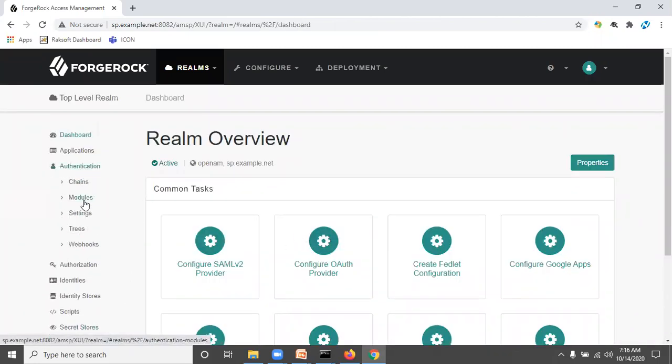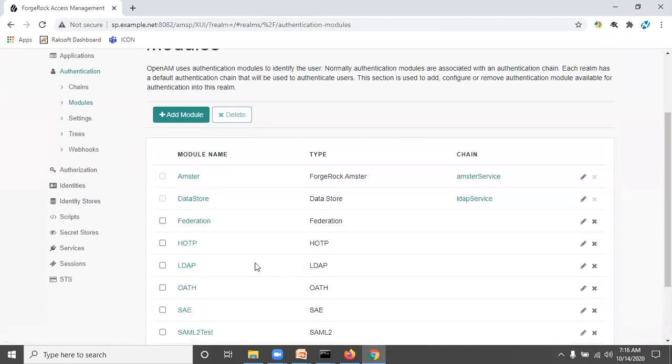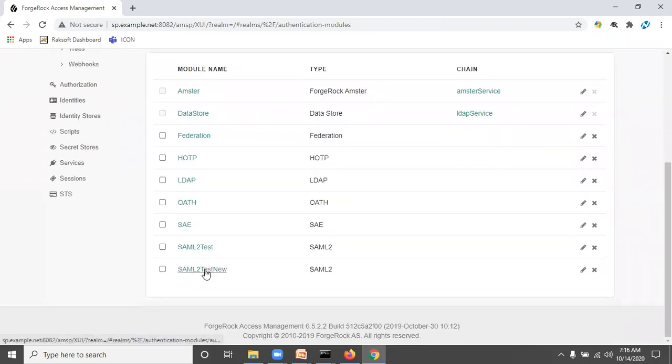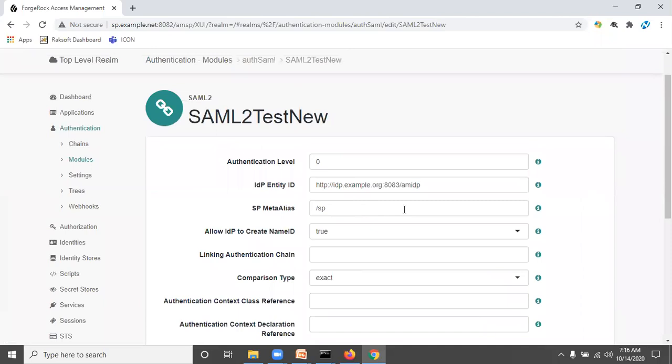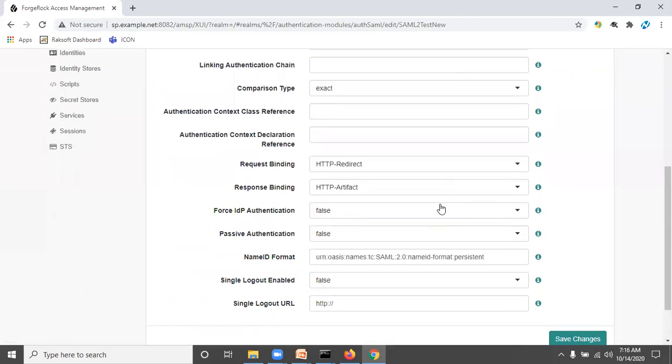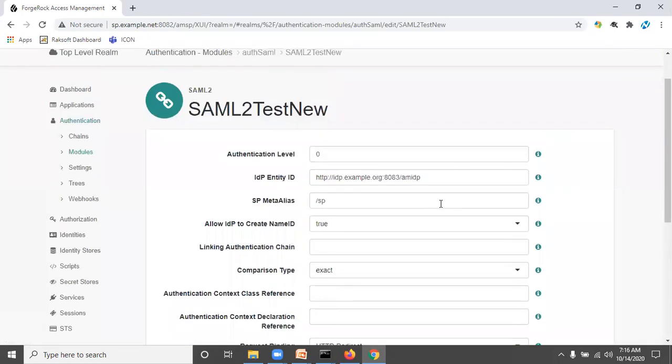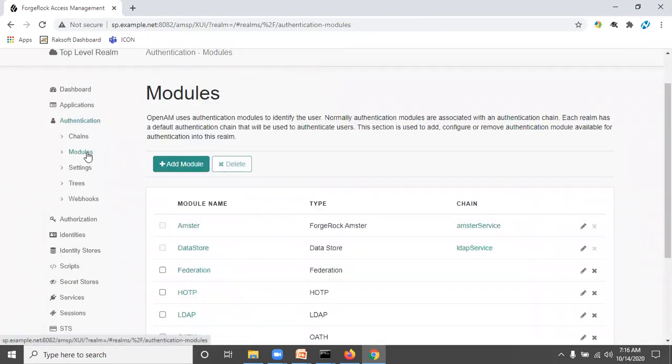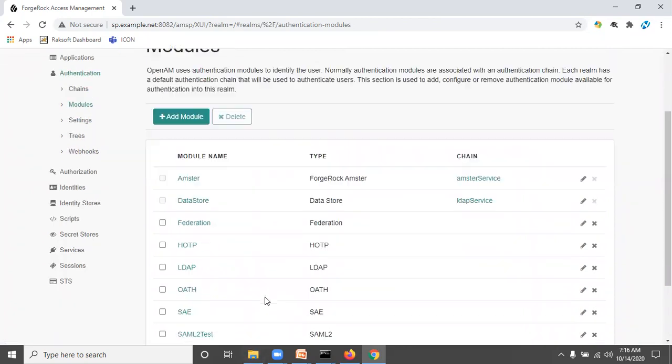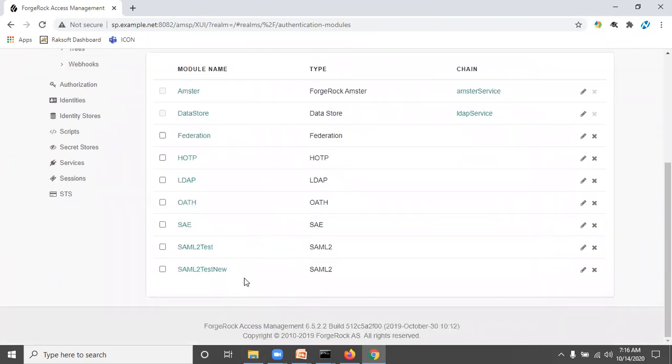Go to Authentication, Modules, SAML test new. Here we have only given the IDP entity ID and nothing else. Now we have done the configuration. Now, how do we validate that the SAML test new module is working?